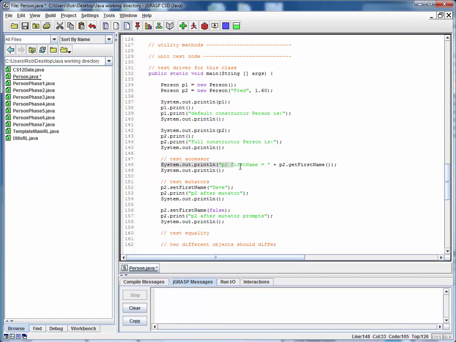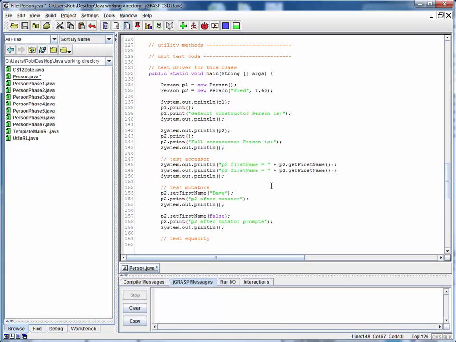So what we can do is add another analogous print statement for the height. So it'll be p2.getHeight, and we'll test our mutator in the same way, p2.setHeight. Let's say we're going to change this to 1.80 meters, and then we'll print it, and then in